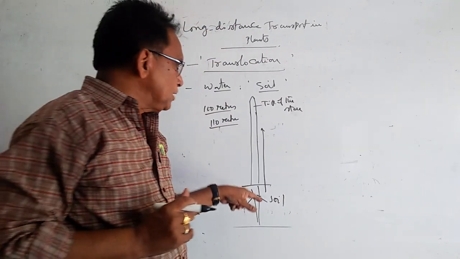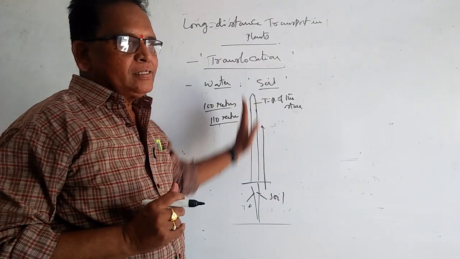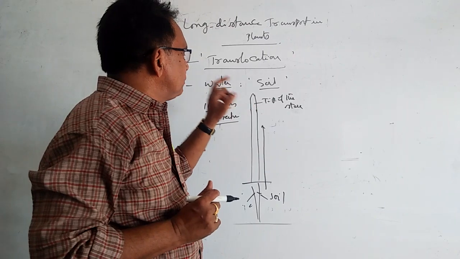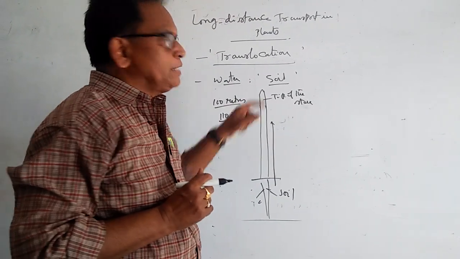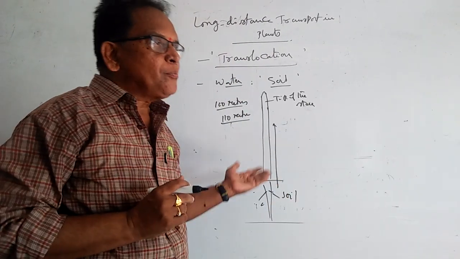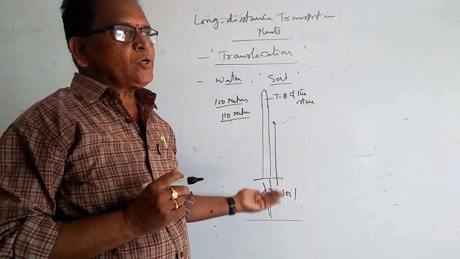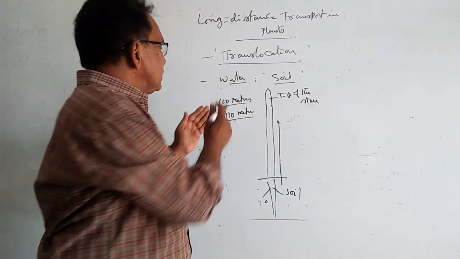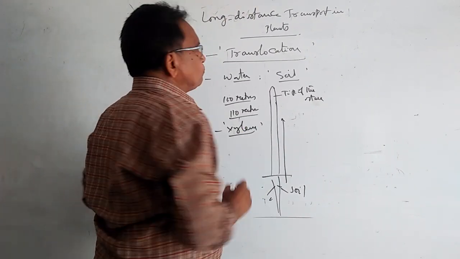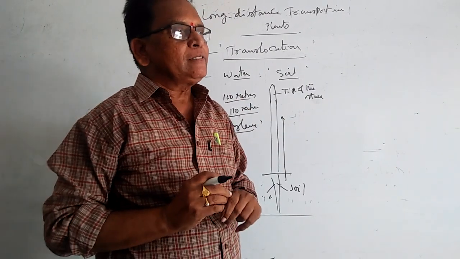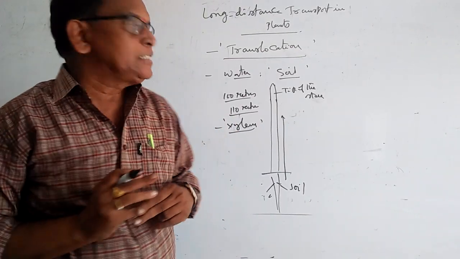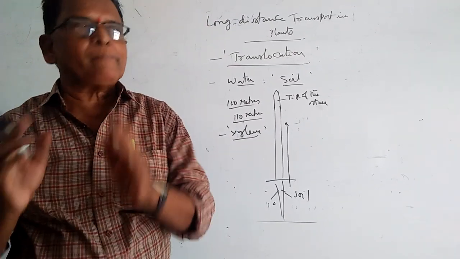So the water from the soil has to travel for longer distances. Finally this water has to reach the tip of the stem. This process of upward movement of water from the soil to the tip of the stem always takes place through the xylem tissue. There is a vascular system in plants. దాన్ని ప్రసరణ వ్యవస్థ అని అంటున్నాం. This vascular system is generally made up of xylem and phloem.